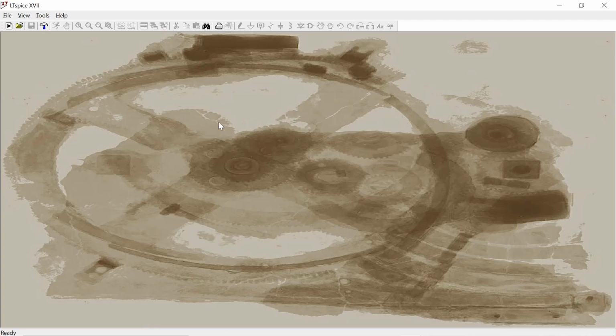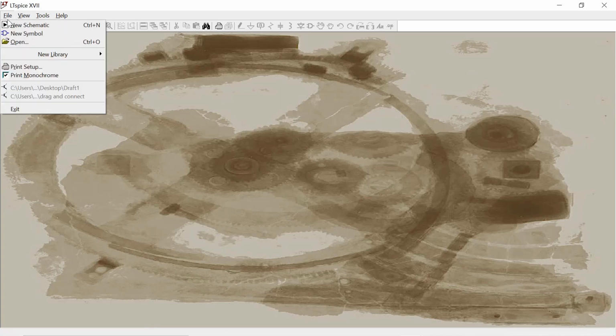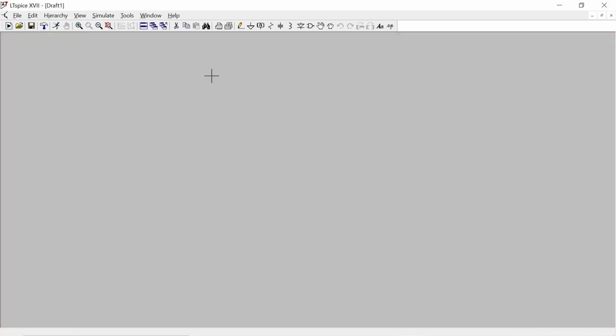Now we will design an inverting and non-inverting amplifier circuit and see how it works. For that, open up your LTSpice, go to File, and click New Schematic. First, we will draw our inverting amplifier circuit. To design it, we need one op amp, resistor R1, feedback resistor RF, input voltage V, plus VCC, and minus VCC.